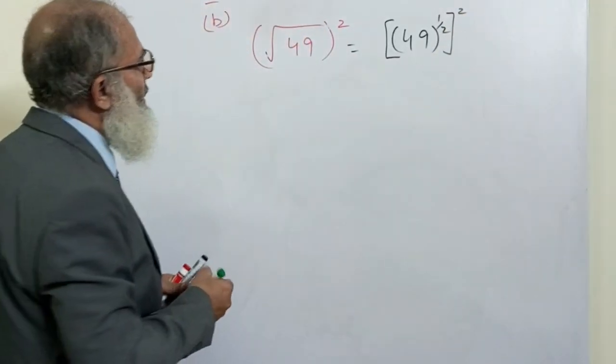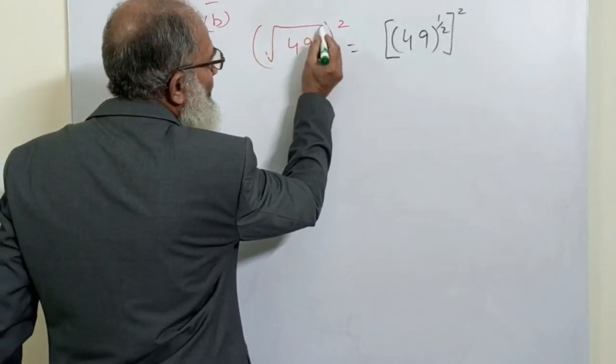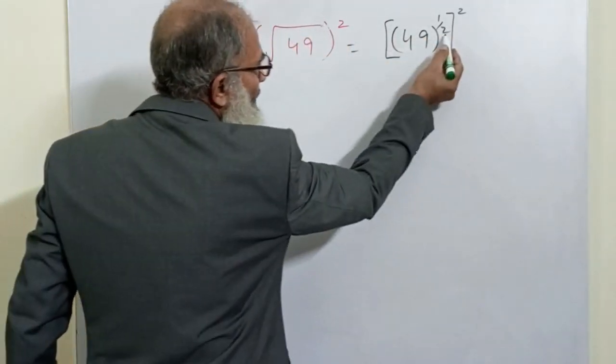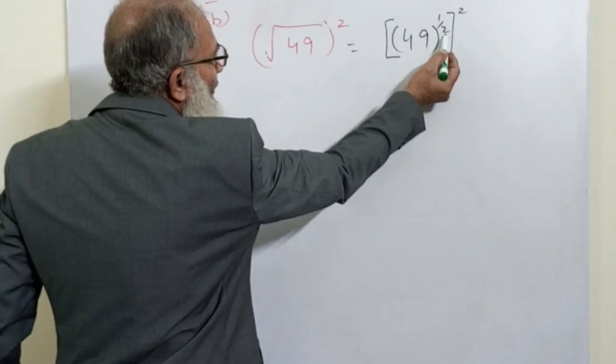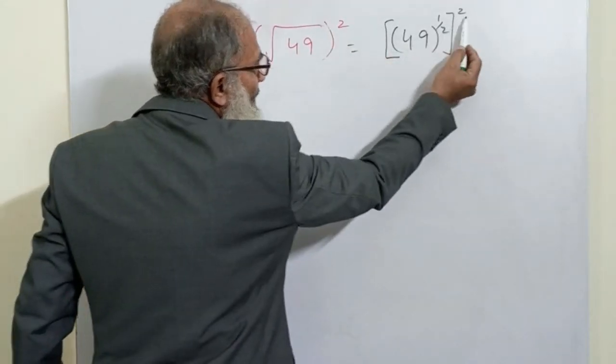Now I tell you how. You see that this has been converted into half. This root has been converted into numerical form, and it is converted to half, and this whole square is written